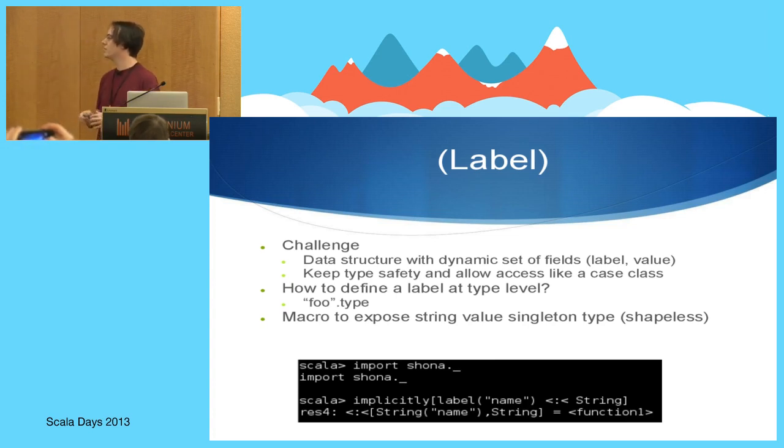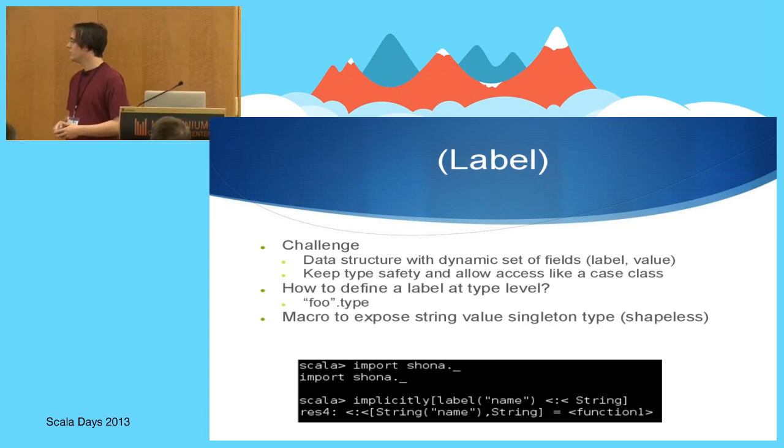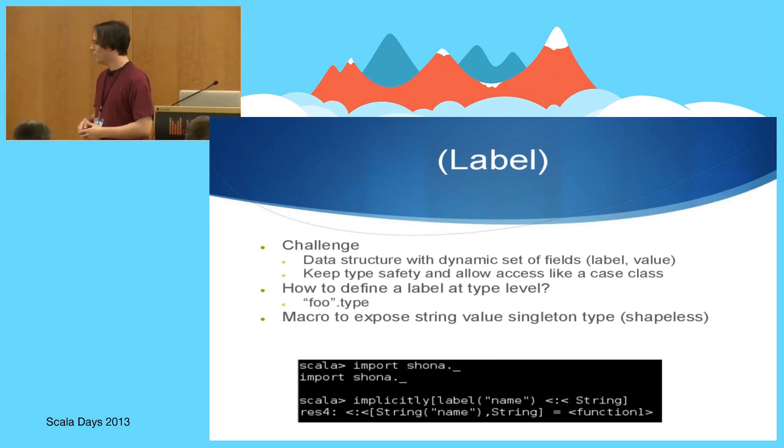To do so, we need to encode the label of the field in the type. Currently, there is nothing in Scala which allows you to do that. Ideally, what would be nice is being able to do this, and code through that type. This is not supported currently, but it exists, in fact, in the AST and in the compiler. Miles Sabin did this in Shapeless, not in the release of Shapeless, but in one of the experimental versions which used macro paradise. He created a type macro which actually exposed this.